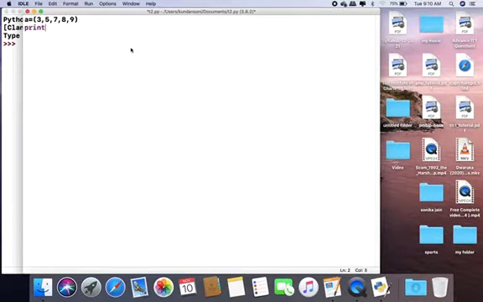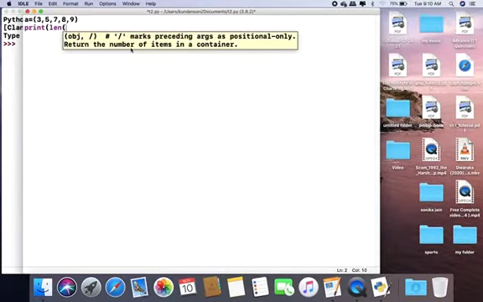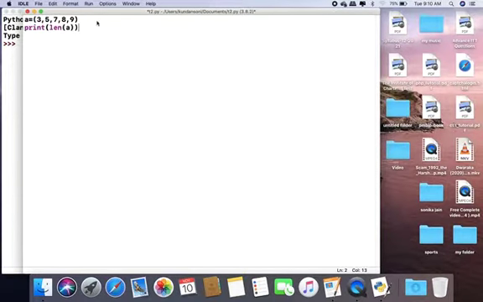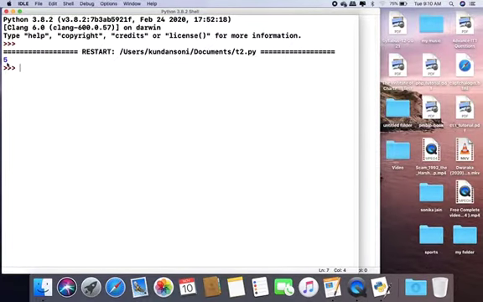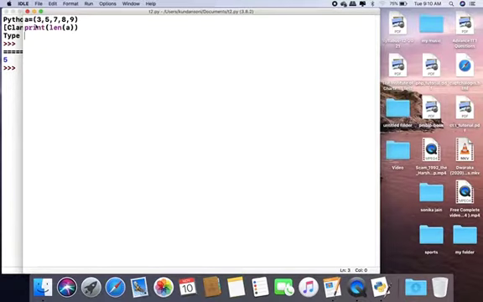Now if I print len a, I save this program and run it. So the number of elements is 5. In this way we can get how many elements are in a tuple through the len function.